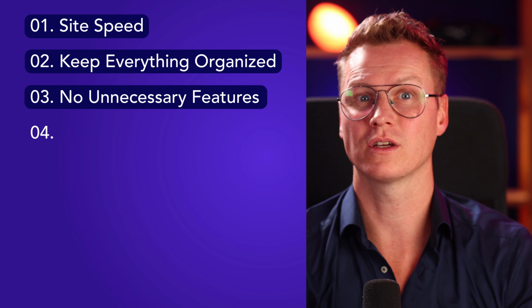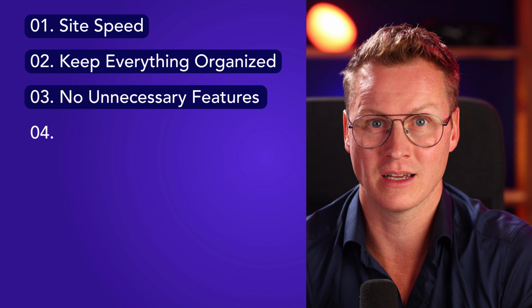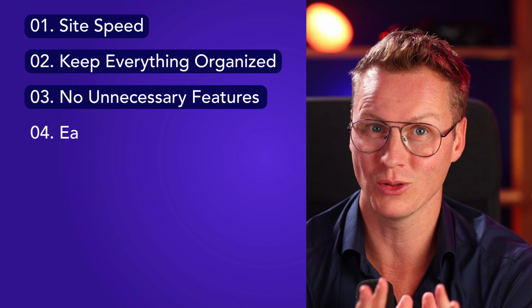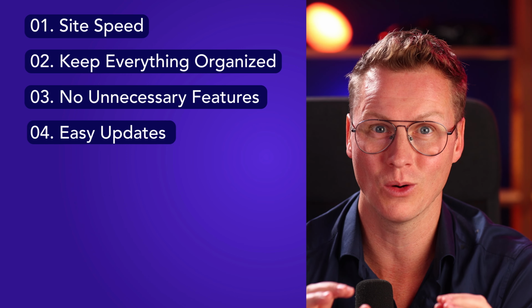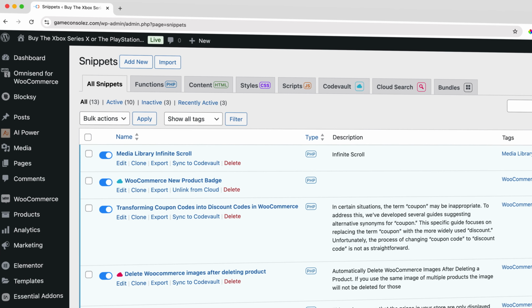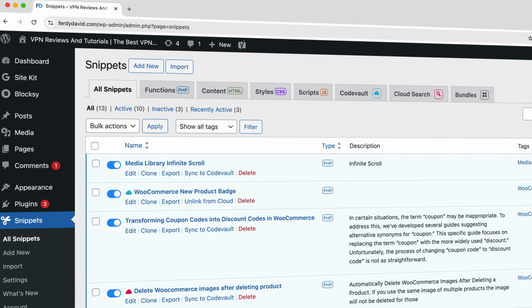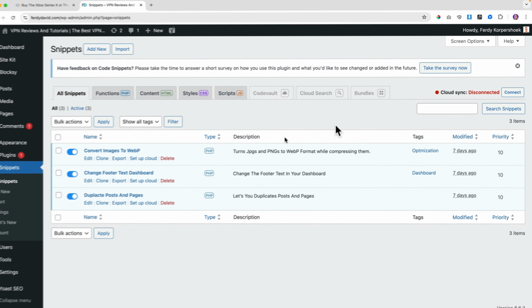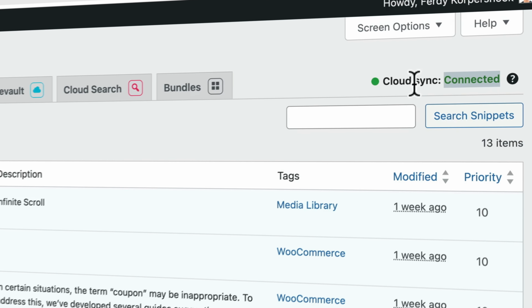And fourth, when you're going to work in the source code of a theme or a plugin and there is an update, all those adjustments will be gone, but with code snippets, all those functionalities and adjustments will remain on your website. And besides that, using the Code Snippets Cloud, you can access all your code snippets on multiple websites. So when you install a brand new website, you install code snippets and you can just turn on all your favorite code snippets. That's how easy it is.